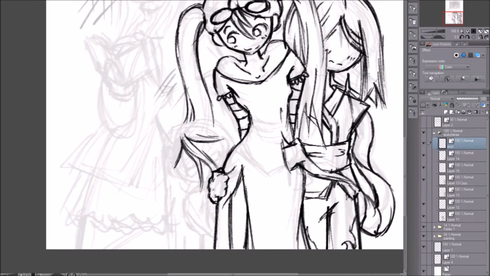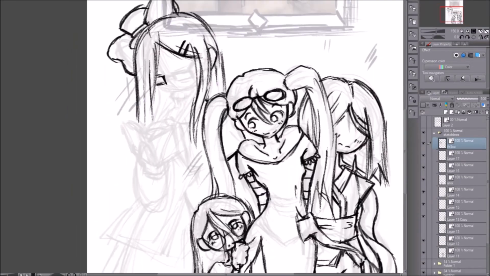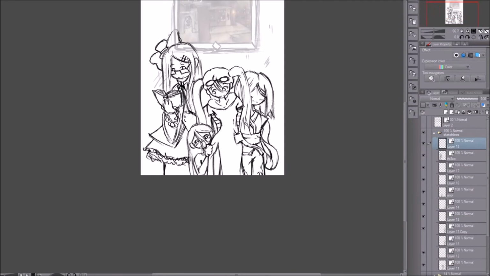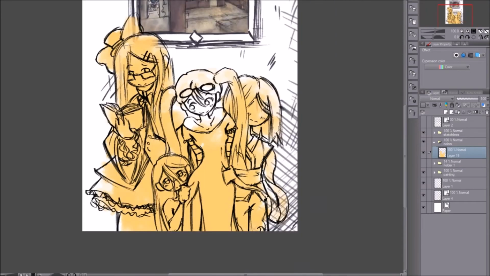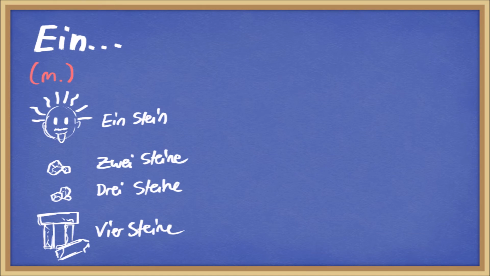Now let's take that information back to counting and eine, and eins. Often enough, I see someone who starts counting like eins, zwei, drei, but that isn't entirely correct. If you count masculine words, you use ein. So let's say you're counting stones with saying the word stone, you would go ein Stein, zwei Steine, drei Steine, vier Steine, and so on.